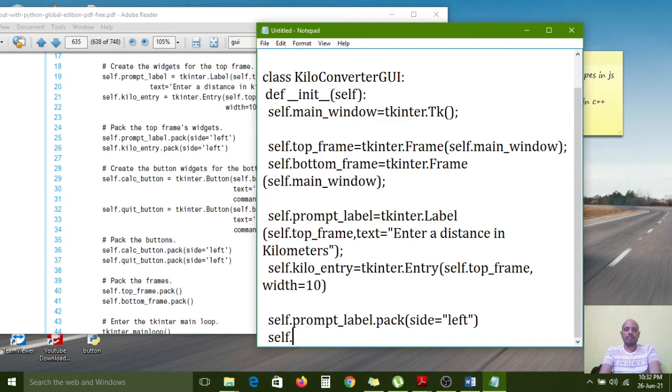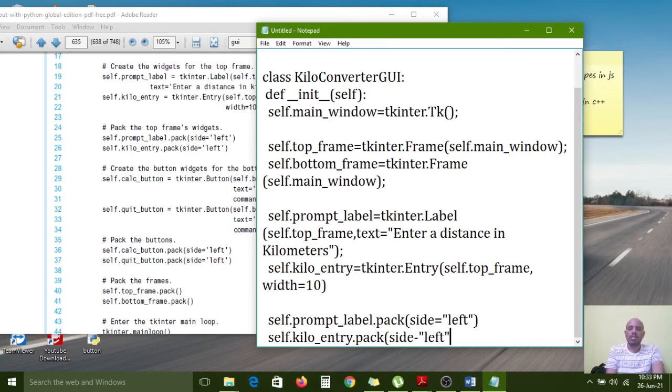Self dot kilo underscore entry, what is the name here? Self dot kilo underscore entry dot pack method, side equal to left we have to use.